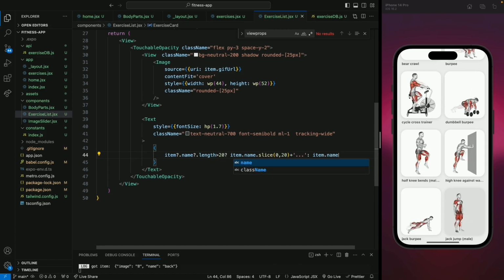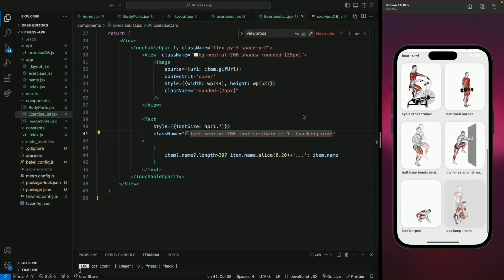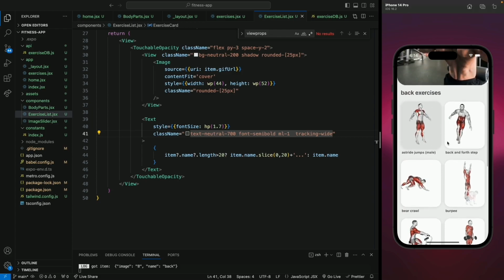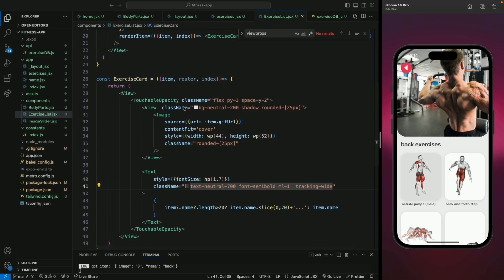Let's save this, and this section is done, and now we are showing all the exercises in a list, but we're not showing all the data in each exercise. We had the name, targets, secondary muscle, and all the instructions on how to perform this exercise. So what we'll do is, when we click on this card, we want to open a modal that will show